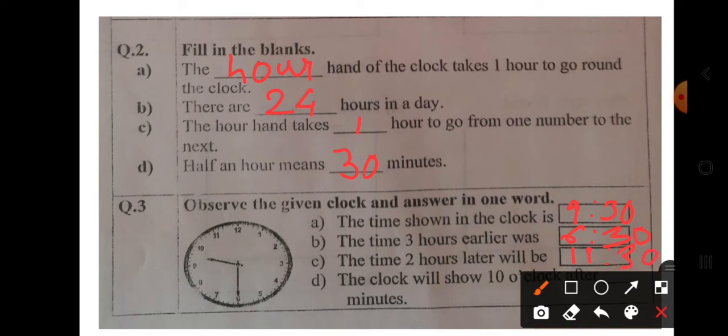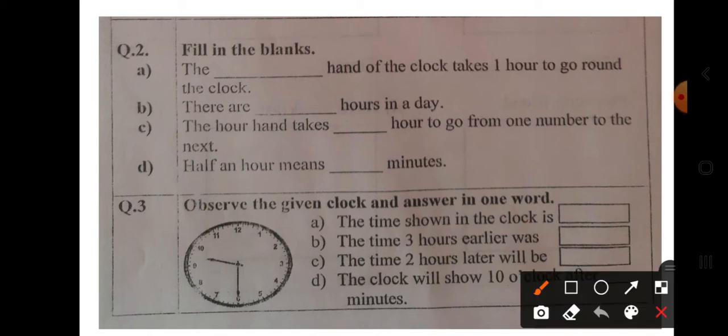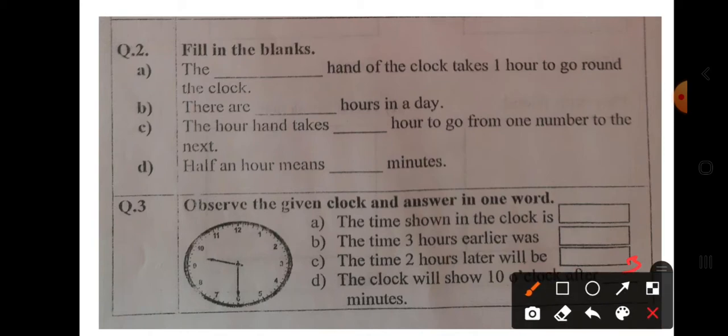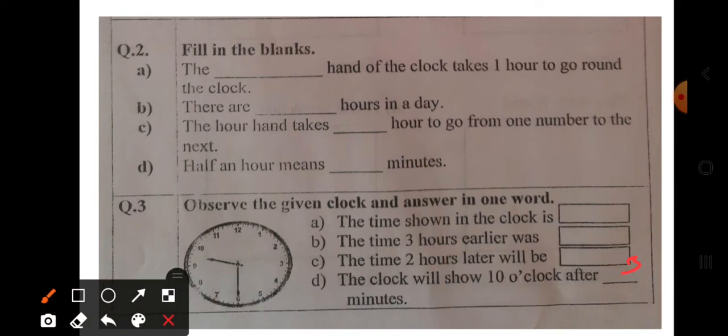The clock will show 10 o'clock after dash minutes, after 30 minutes. It will be after 30 minutes.